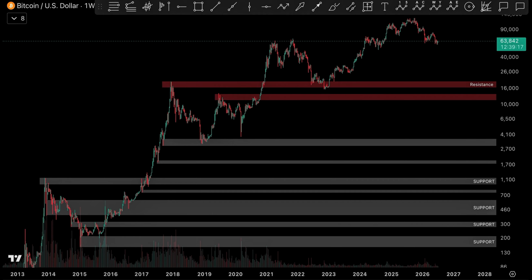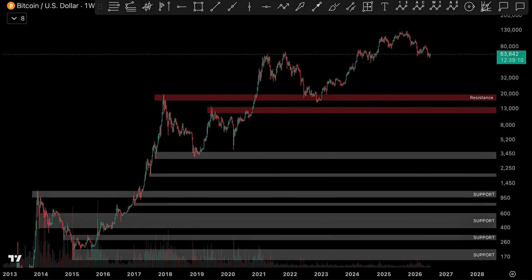Oh, I forgot to use the Fibonacci tool. Okay, I will quickly use that Fibonacci tool for you guys. But you can use this analysis now, and you can practice on the rest of the chart here. I have already done until here, right? So you can use this part as a resistance, this part as a support: resistance, support, resistance, support. This is what you can do on the rest of the chart,